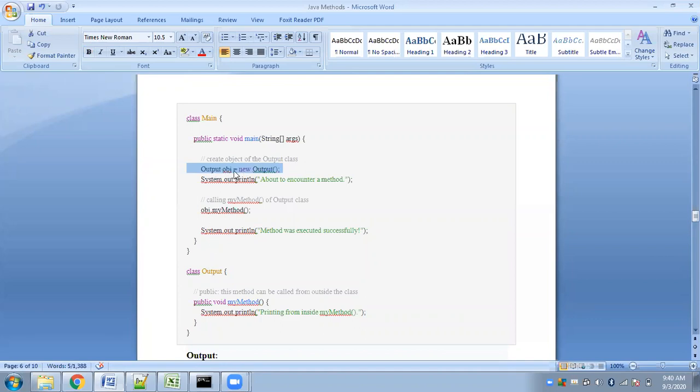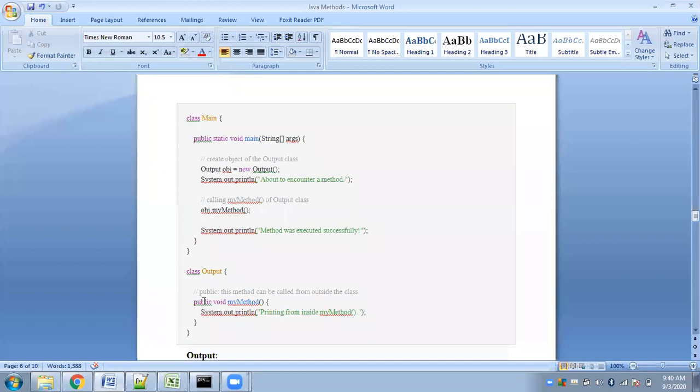One object is created, okay, you understand the syntax, we have used it multiple times. Next, once the object is created of this particular class, using this object, we can directly access the my method function. Fine. But there is again one more condition. You can access the object directly provided your modifier is public.